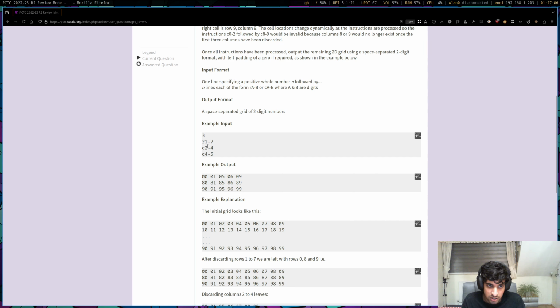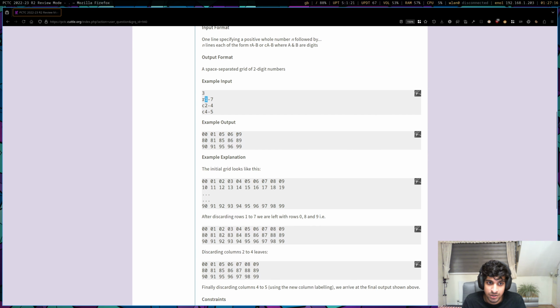Because at first, we're going to chop out row at index 1. But then since that's already chopped out, the next time we chop out row 2, we're actually now chopping out row 1. Because when we chop out row 1 right at the start, everything below it shifts up 1. So where row 2 was is now row 1. And so we can just keep chopping out row 1 until we've chopped out as many rows as we're meant